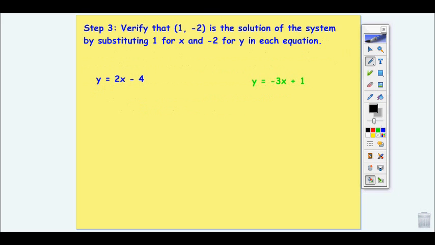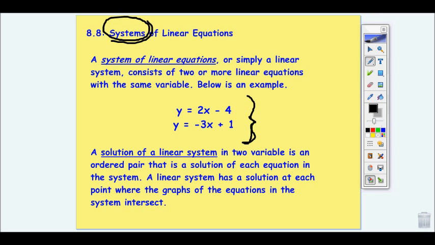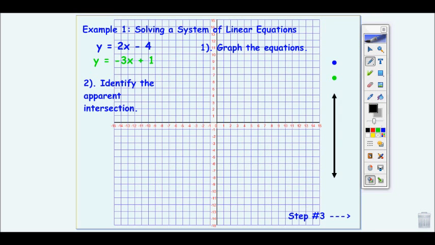Whoops, I think I went 2 pages there. Oh, more than 2 pages. My goodness, one more time. Okay. So, for example 1, if we're going to solve a system of linear equations, and these are the two